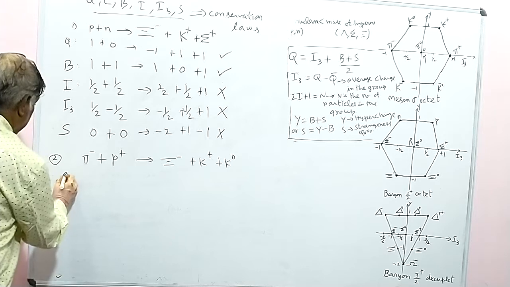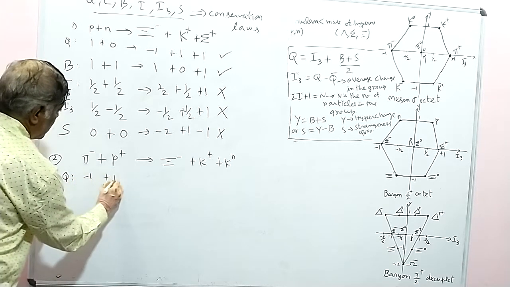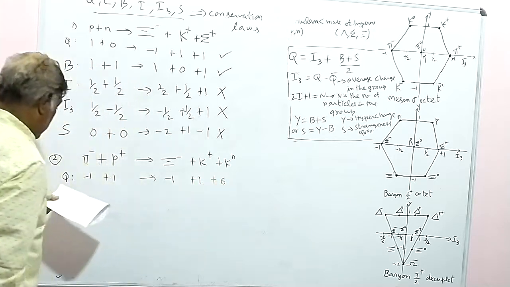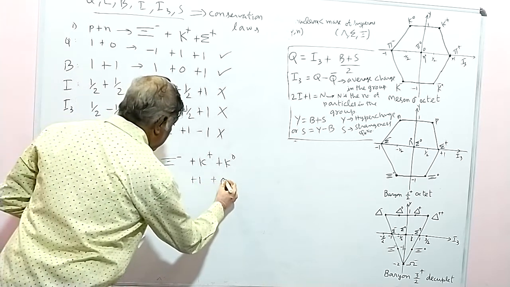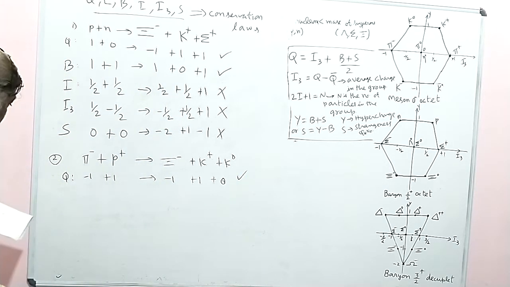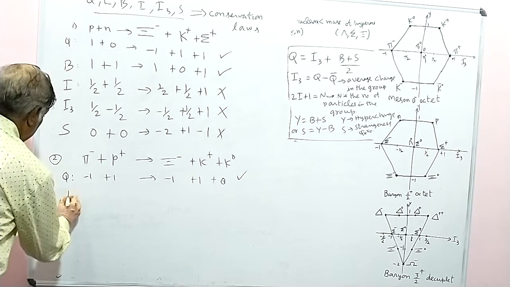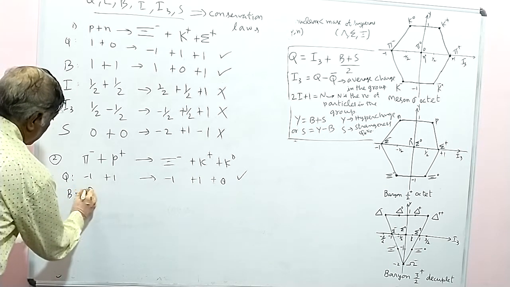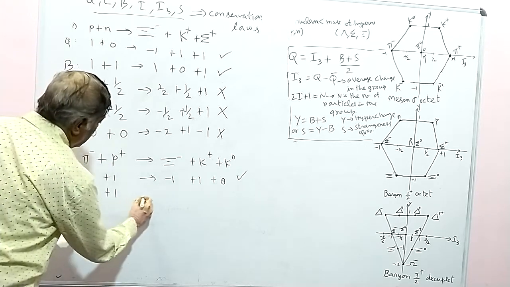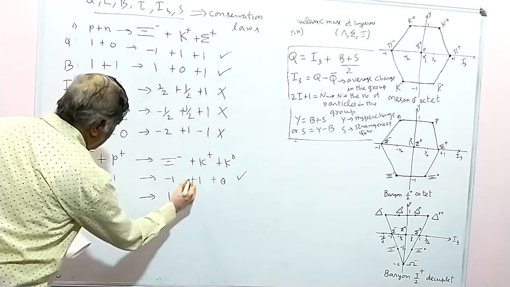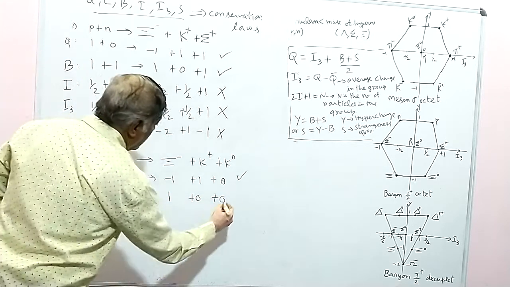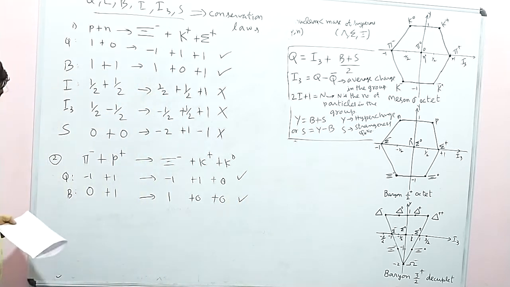So first check the q value: minus 1 plus 1 minus 1 plus 1, 0. So the q value is satisfied. Both sides q are 0, delta q is 0. Therefore this is conserved. If you take this, this is the meson, baryon number is 0. Here p is a baryon, so baryon number is 1, and this is a baryon number 1, and these are meson particles. So both sides are 1, so the baryon number is also